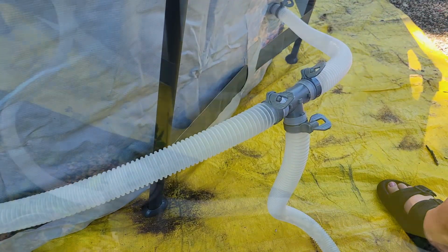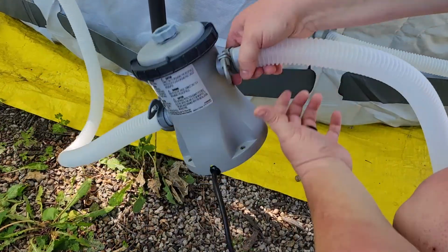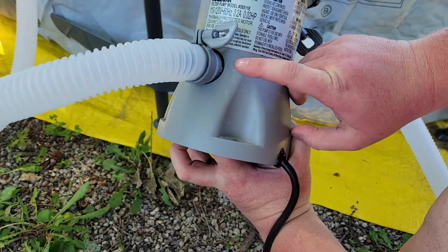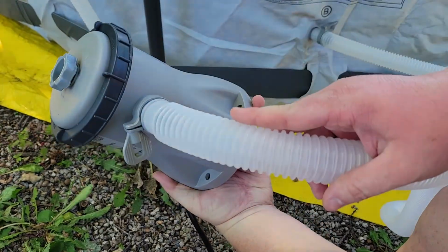I don't know why my camera didn't record me doing the filter, but it looks like this. You just put the hoses on the labeled side. One says A right there, and the other, I don't know if it was actually labeled B, but okay,